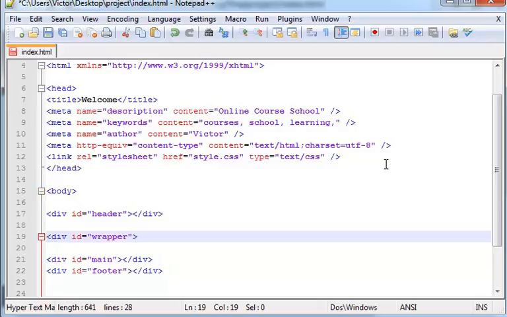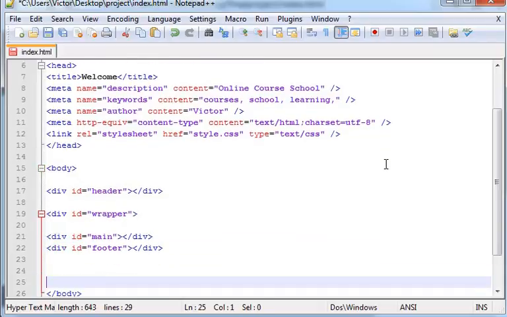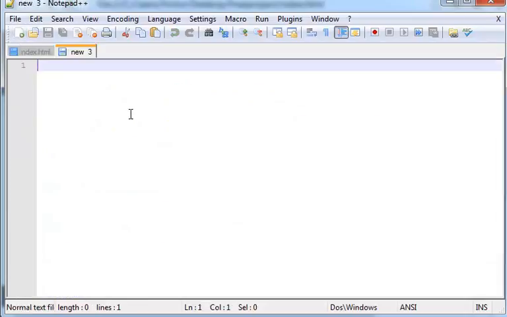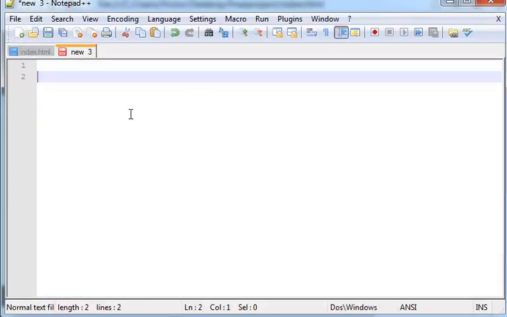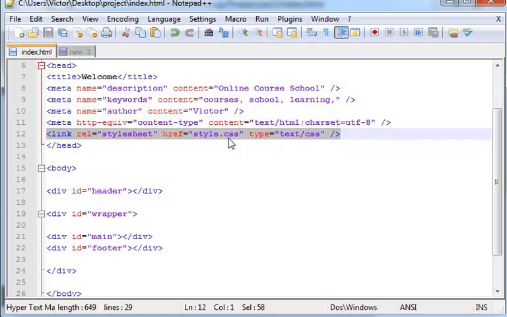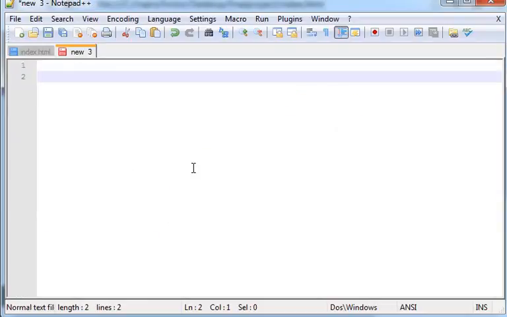Now the closing tag of the wrapper is down here. Okay, I want to wrap the main and the footer. So let's save this. Now let's create the CSS file, which is going to be called style.css. As you saw in the first video, we made a link to the style.css, and here you can type firstly